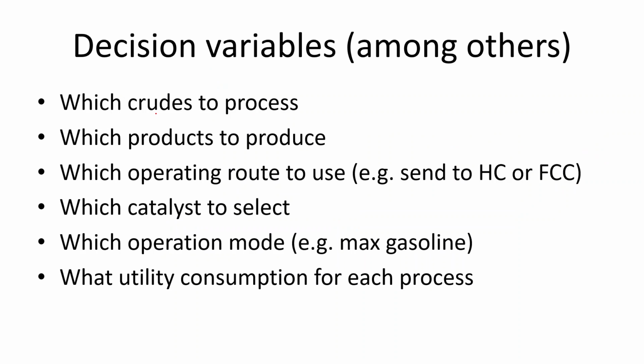So once we get the objective functions, as you understand this already, because we have been repeating this many times, then we can answer the following questions, because these are decision variables. We also call these independent variables. We also call these features, if you are working in data science buzzwords. But nonetheless, this is what we know in chemical engineering as independent variables. And then we can answer the questions on which goods to process, which product to